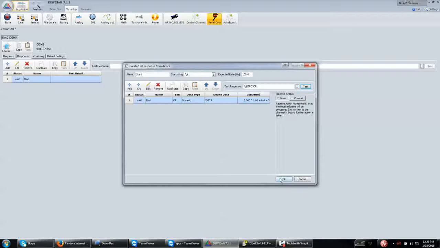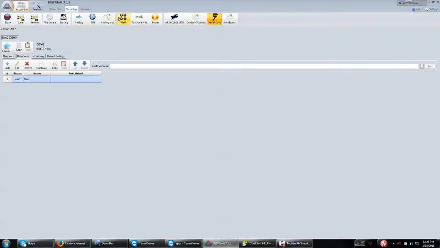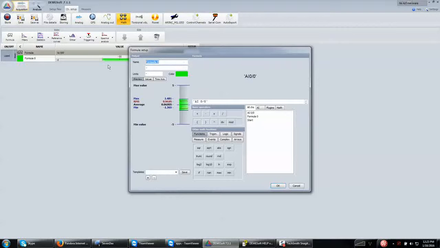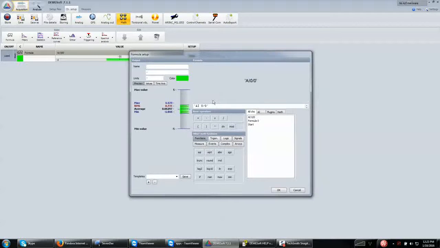Click OK. Now we want to create some math channels to use this data, so we can create a triggered storage feature. Click on Math, click on Formulas. First thing I want to do is set the asynchronous serial channel to synchronous, and the way we can do that is create a basic formula channel, math channel. I'm going to name it Start Sync, and then I'm going to delete what's in the channel already